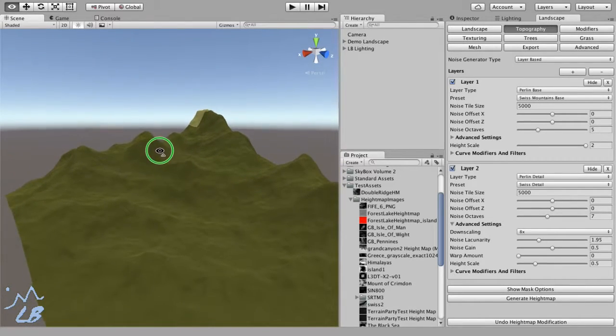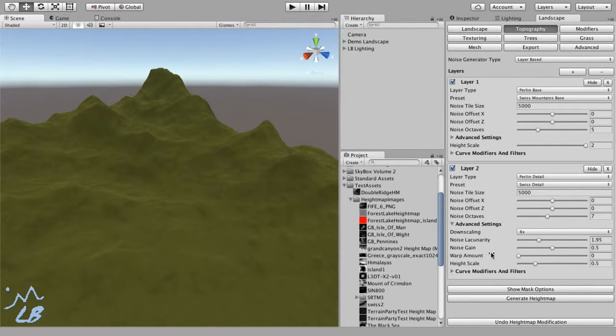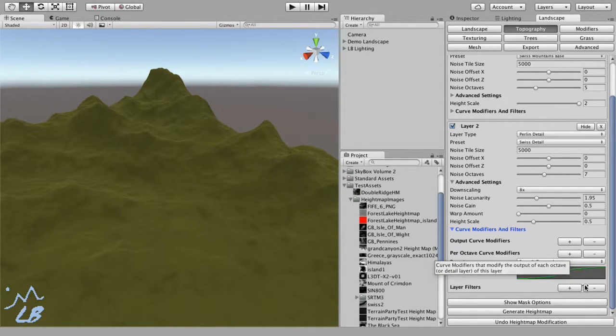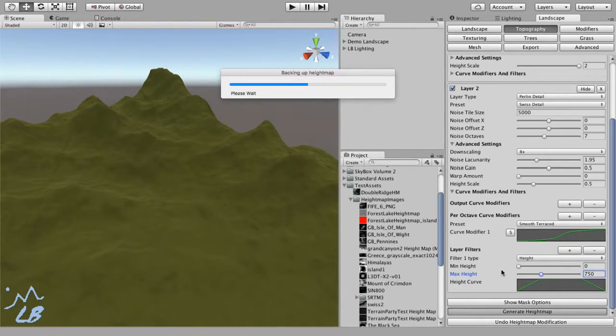So the other feature specific to detail layers are the layer filters. You can find them by dropping down the curve modifiers and filters box here, and we can go ahead and add a layer filter. So layer filters allow you to restrict where the details appear in your topography. For instance, if I add a layer filter of the height type, I can restrict the detail to only appear between heights of 0 and 750 meters. So if I click generate,